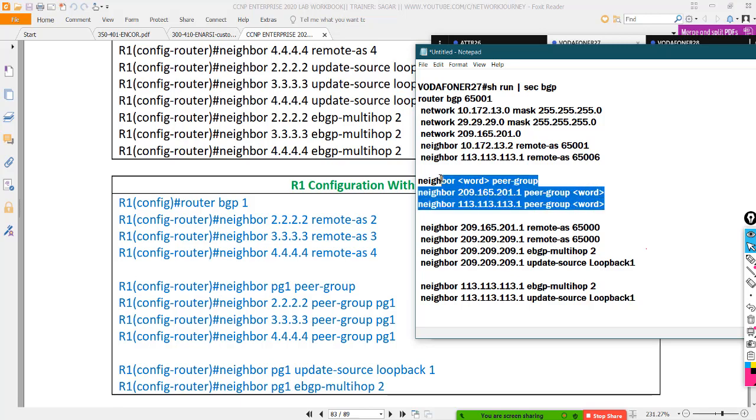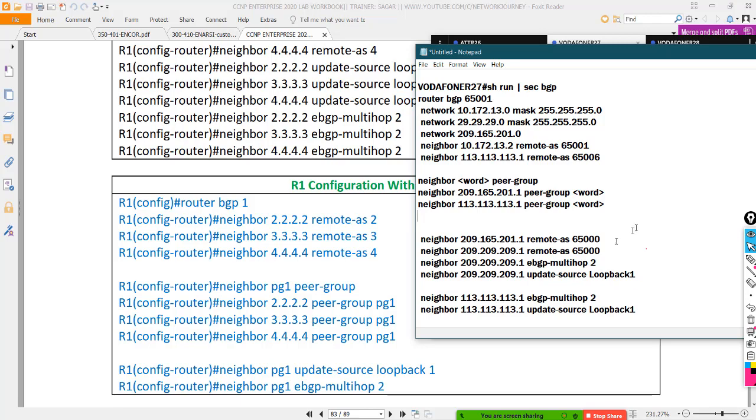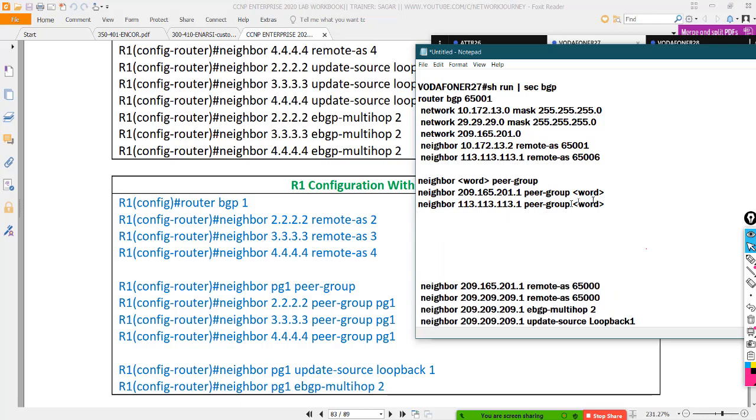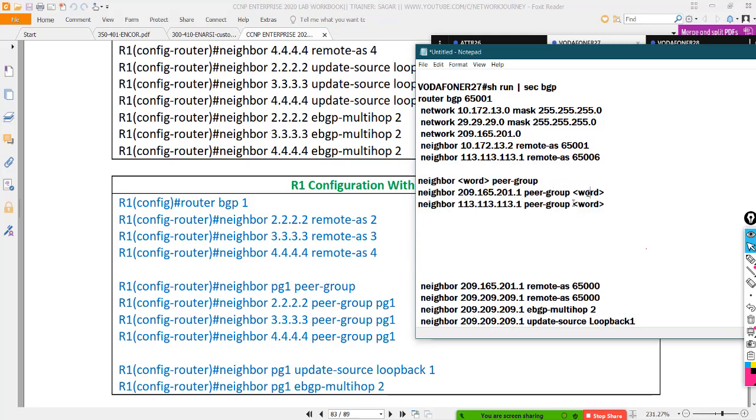So this is going to be your peer group, and in a similar way you can also create the actual lines. For example, these are my two actual lines, which are required. This is just a policy. I have created a policy associated with this word.